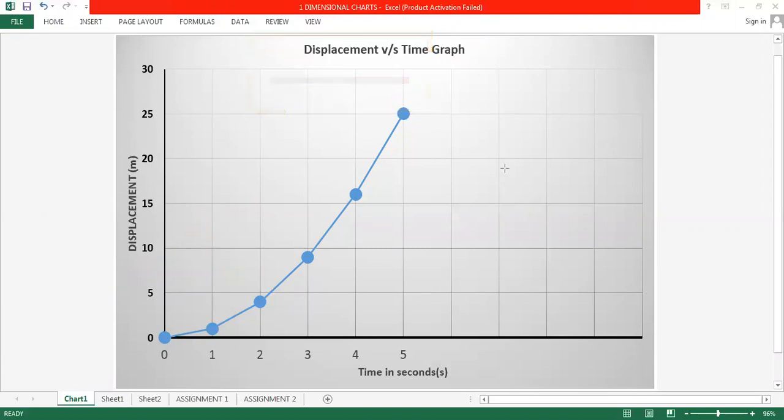So yes, we can find the slope, Avni, but we can find it by first drawing the tangent at that point and then finding the slope of that tangent line, and then it will give us the instantaneous velocity. Instantaneous velocity means the velocity during that moment, during that instance, whatever the time your tangent is at.